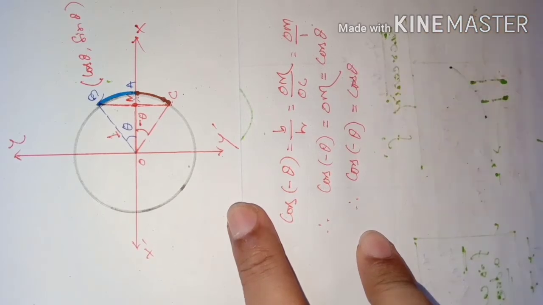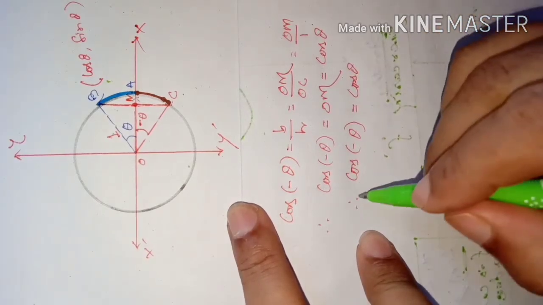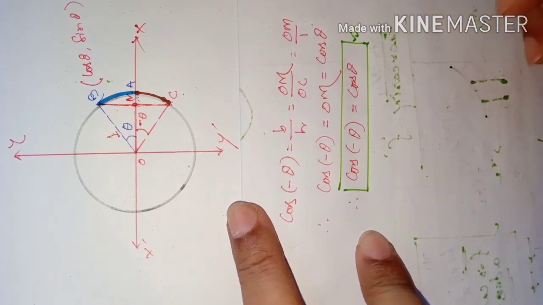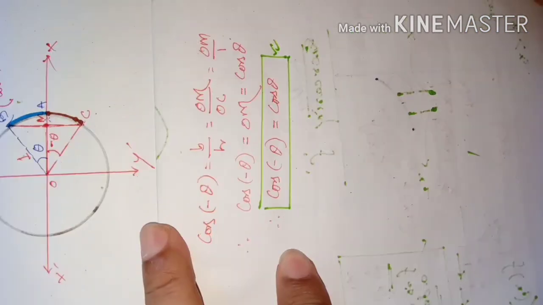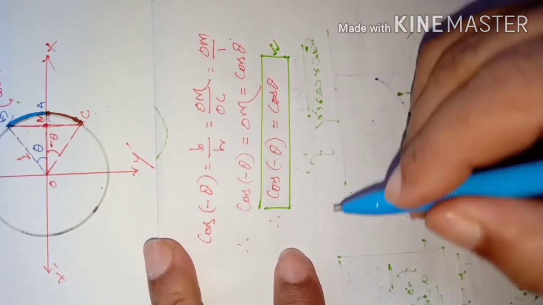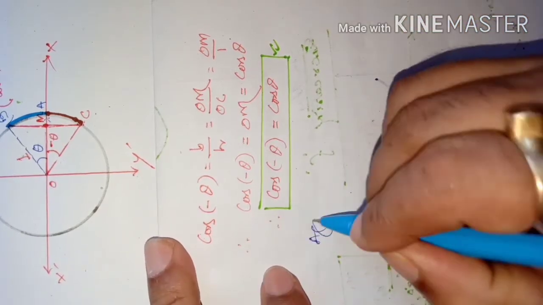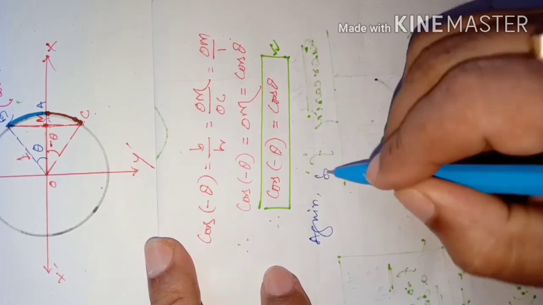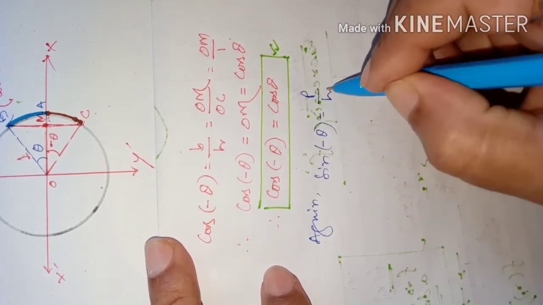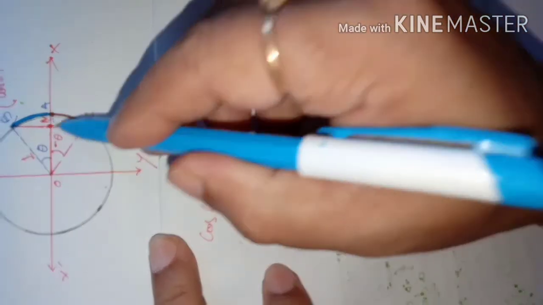Its sign is again positive. So cos of a negative angle is the positive of cos of that angle. We can say cos of a negative angle is equal to cos of the positive angle, with the same numerical value. Again, just you see. Now if I write sine of minus theta, then it is perpendicular on hypotenuse. Perpendicular is CM.